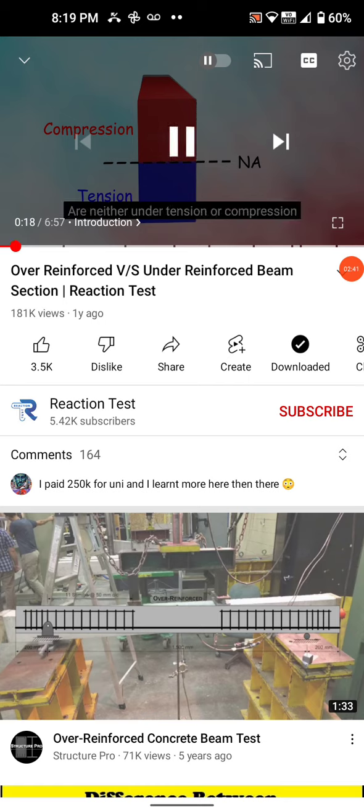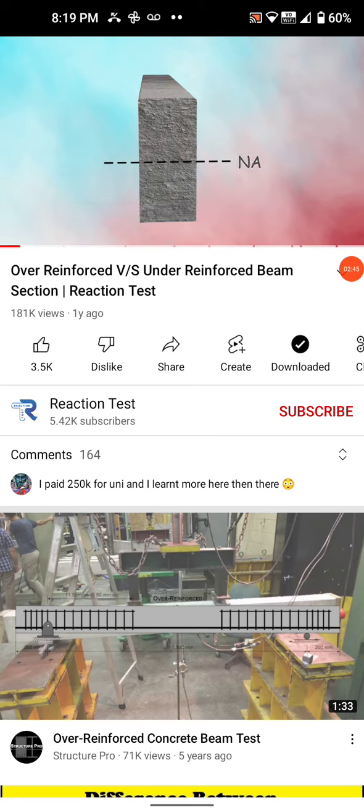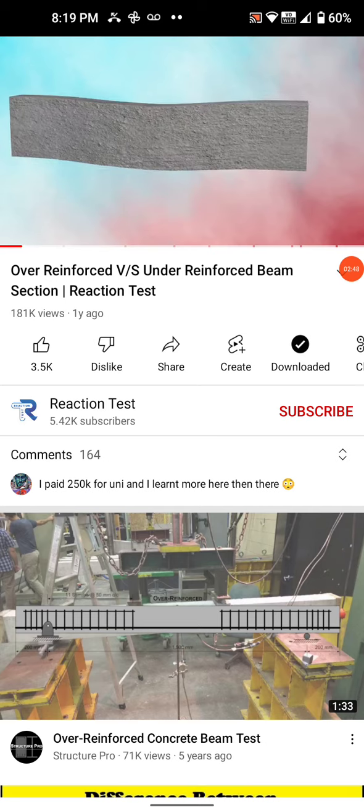This plane, the fibers of concrete are neither under tension nor compression. And as we know, concrete